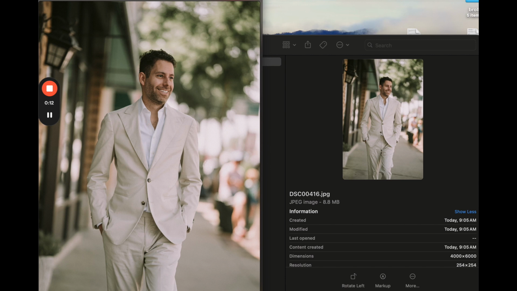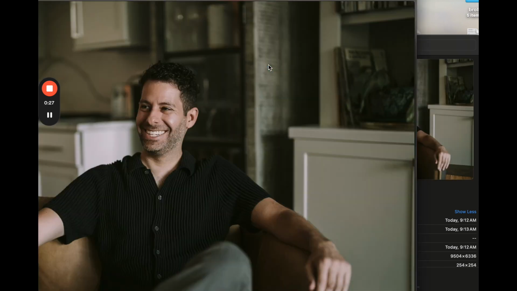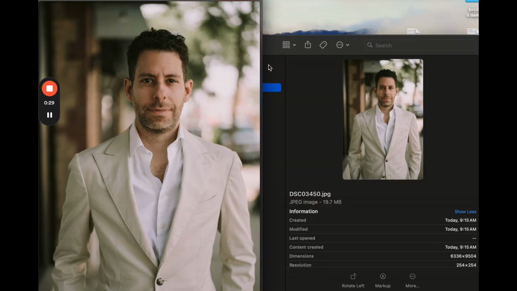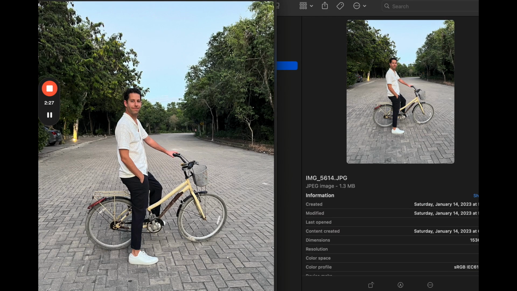This is more of the standing pick, full body. Then I went with the passion pick, playing the piano. Went with this one, sitting down, smiling full. This more of a headshot, a little bit more serious, doing the squinch. Another passion shot, me looking at vinyl. And then this one, the more casual one, not one taken with the match artist that I wanted to throw in there just to balance it out a little bit.